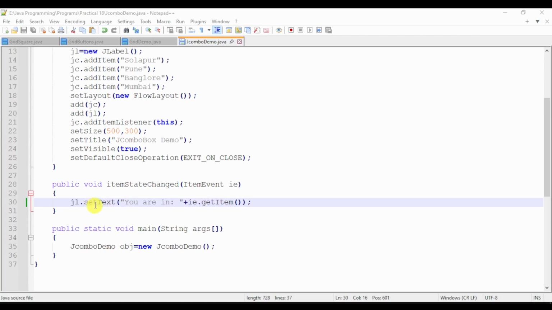So here the next statement is jl.setText. What is jl? jl is the object of the label that we have created, which is added after the JComboBox, and I am using the setText function on the jl object. Why? Because I want to display the message in that label. So for that purpose I am using the setText function, and in the brackets of the setText function what I am doing,